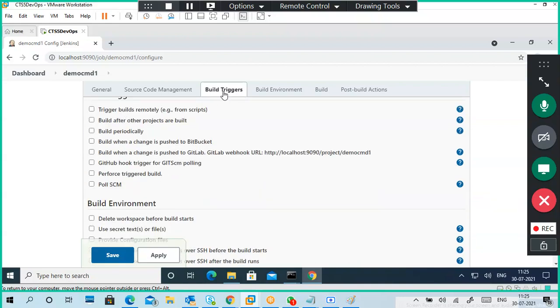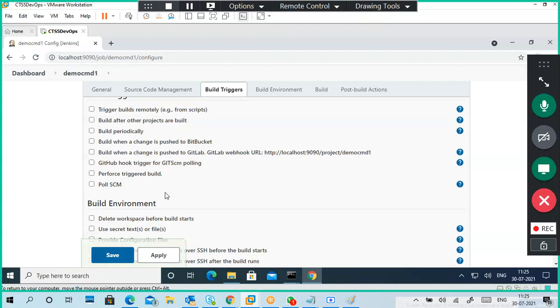Next one is build triggers. This is an automation process, right? For example, I make a new code change and apply it. Instead of manually clicking build now, it builds automatically whenever some code changes, or on a time schedule trigger.